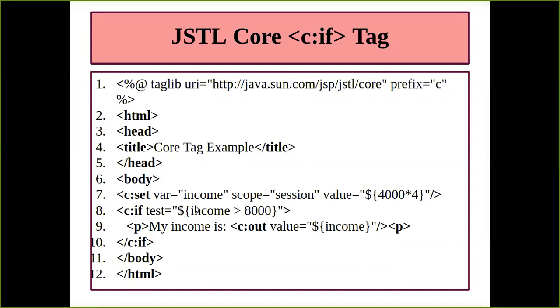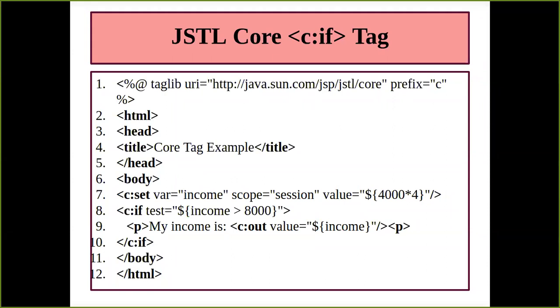There will be a question in your mind, how does it automatically happen that the value has been assigned directly to the variable? It is defined for the set tag, and whatever attributes we are making use of are already defined for such things. You don't have to make your program understand. You don't have to develop or code something to make your program understand that it should assign the value to the variable called income. It is defined in such a way that it is going to take the value.